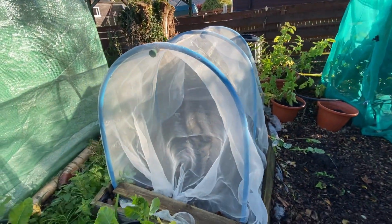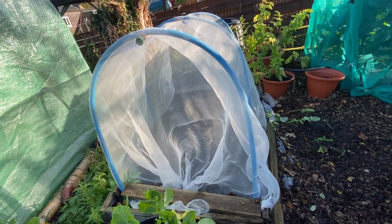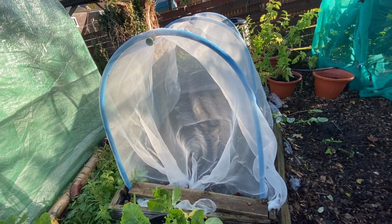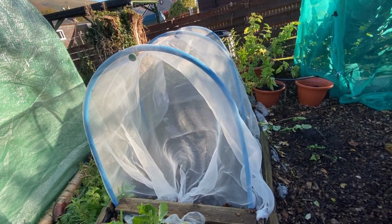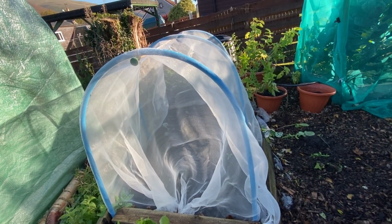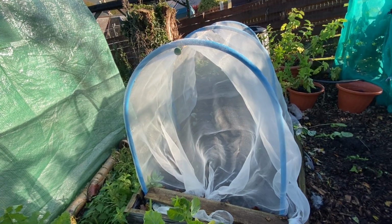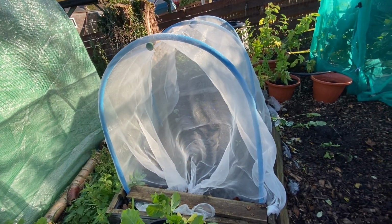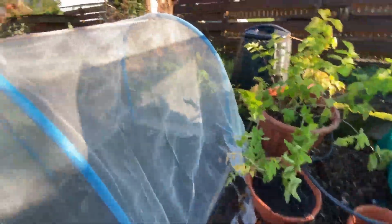This was where I had my onions and garlic, and I was very pleased with the harvests. This is going to be a little overwintering brassica cage. I have got some, what have I got? Some cabbage and cauliflower growing at the moment, but they're too small for putting in here. So in the meantime, I'd put in